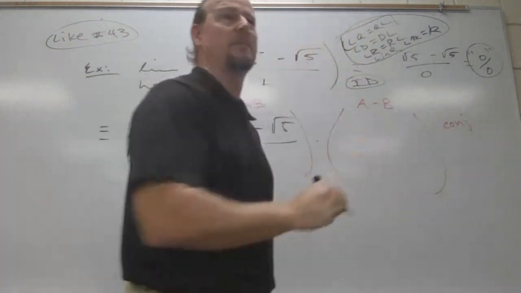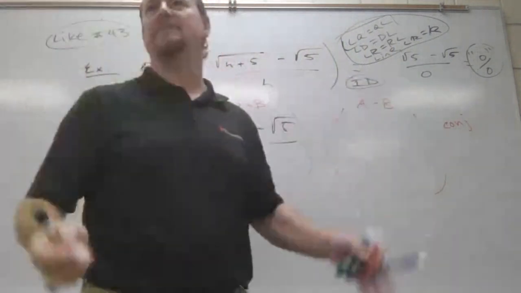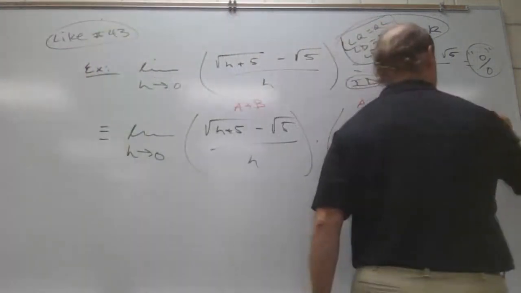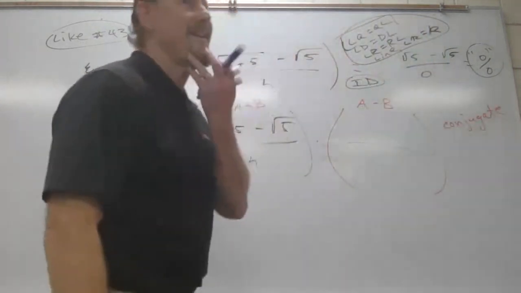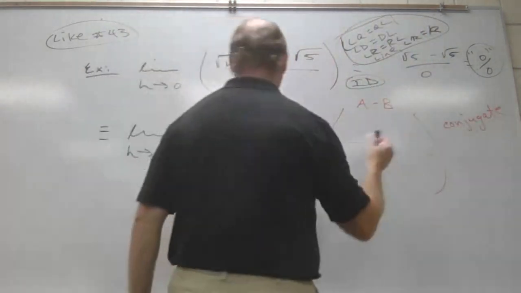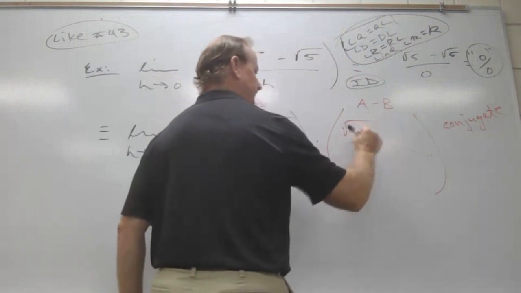What's the conjugate of a minus b? It's a plus b, right? It's the same thing, opposite sign in the middle. So that's called a conjugate. I know you learned that in algebra, probably even Algebra 1. But anyway, I'm going to multiply this times